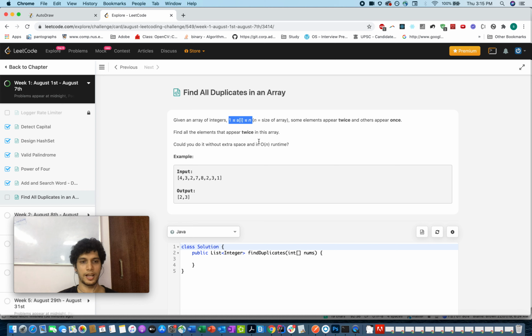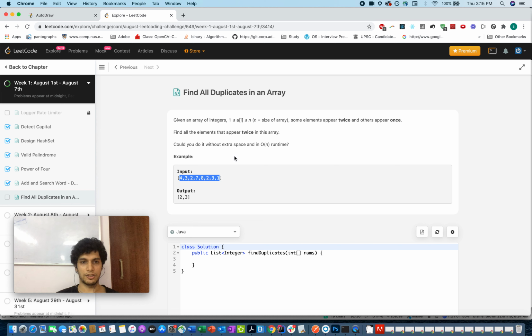The first thought I got after reading this question is to create a map where you store the frequencies of all the elements, and as soon as you find an element two times, you add it to the result array. This is solution one. The other solution could be to sort the array, and then using the two pointer approach, you check whether the first element is equal to the next element, and if they are equal, you add it to the result. Of these two approaches, the first one is space expensive, while the second one is time expensive, as the best time complexity would be order of n log n.